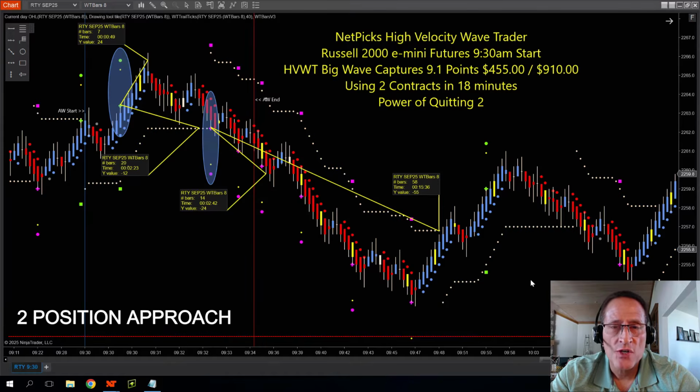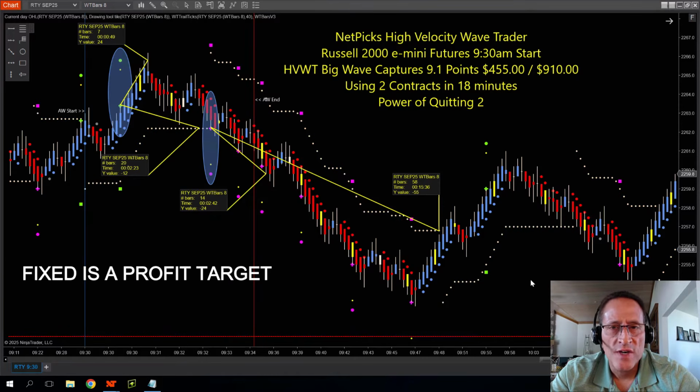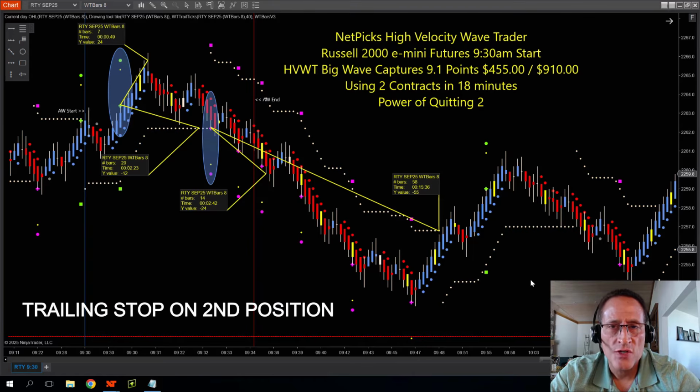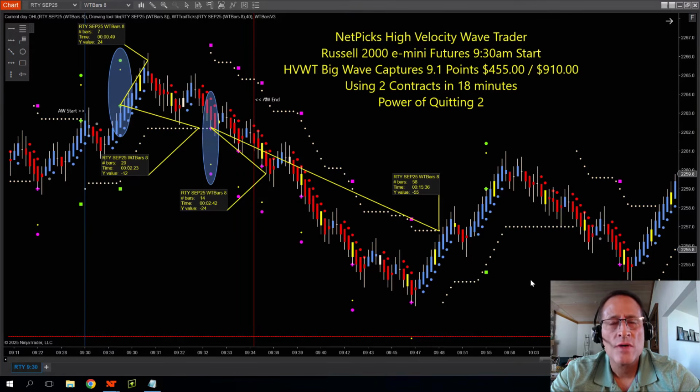First, we have the fixed position, which has a fixed target. It's a smaller fixed target. And the purpose of the fixed position really is to give the trader a goal and a target objective in that initial entry to a trade. And once we get that fixed position, it gives our traders and myself a very comfortable feeling that we can let our second position, what we call our big wave position or a trailing position,